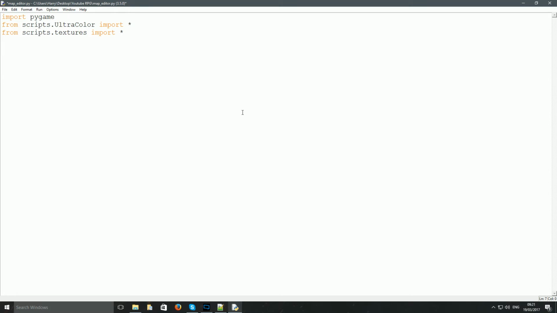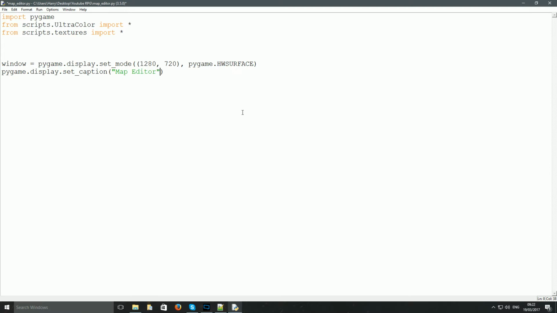So next part is to actually just create a window. I'm just going to go window equals pygame.display.set_mode. I'm going to set a default width and height of 1280 by 720. This will give us enough space to move around and see our map properly. Then pygame.HWSURFACE, and what we could do then is just set a caption, pygame.display.set_caption,